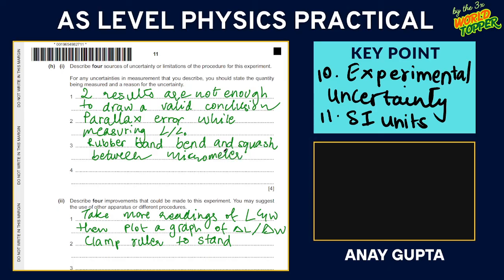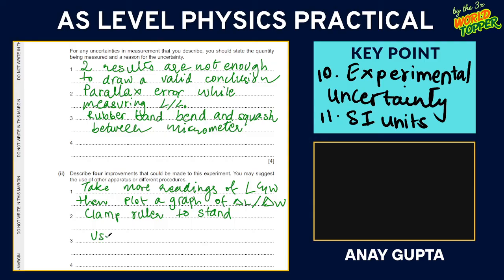That was a big problem for me. So how did I tackle that? Use a traveling microscope. Now if you look at that video of practical errors and improvements, it has the apparatus of traveling microscope,